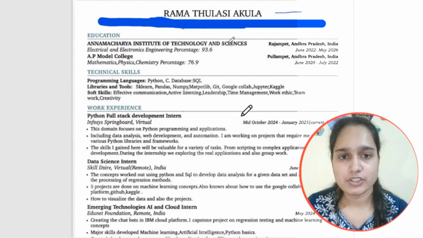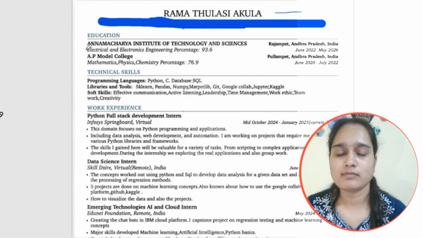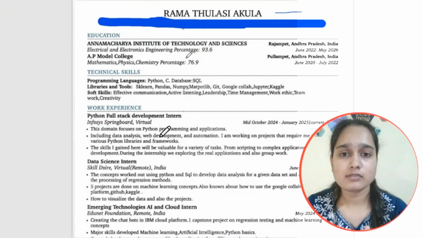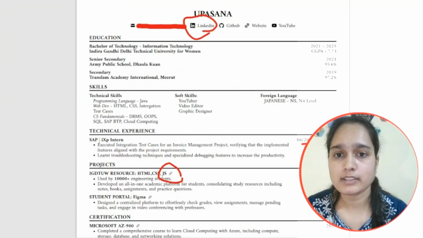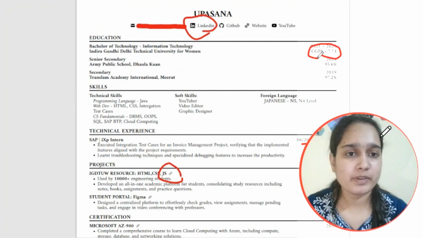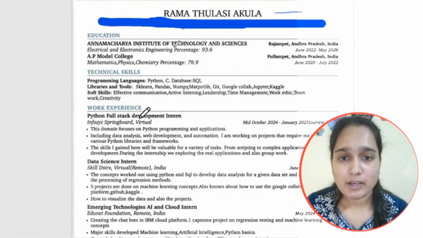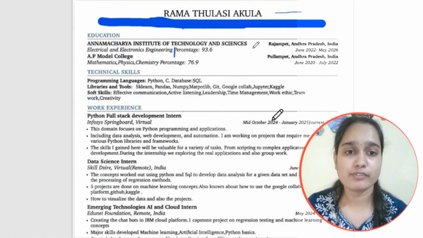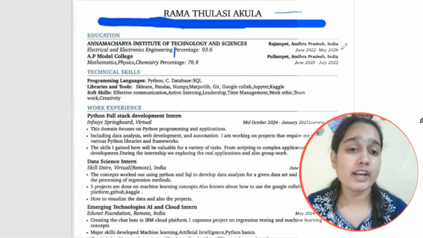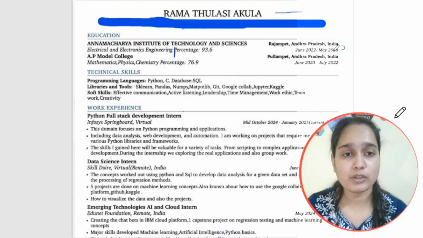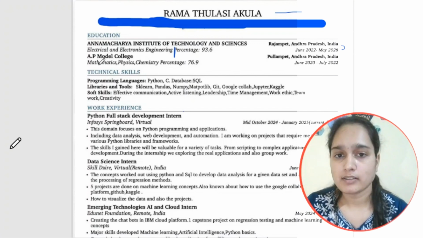See, in the education section, I'll suggest you to swap, put the year on top and then the college name, and also you should write CGPA. Like I have written CGPA on the side here. They have not written CGPA in this, this is a mistake. So put it in a subheading or put a straight slash and then write it so that it can be differentiated. And here also there is a mistake, that you should write your time and academic year first and then below it your place name, and no need of writing these, just write the degree name and the percentage. Okay,